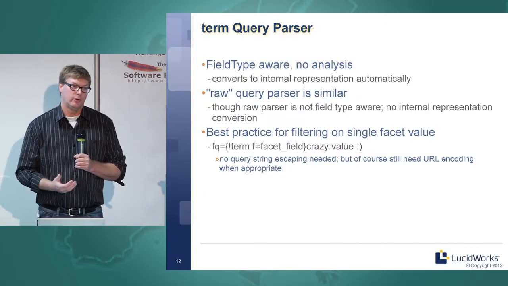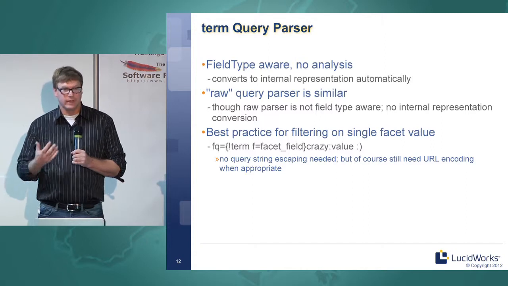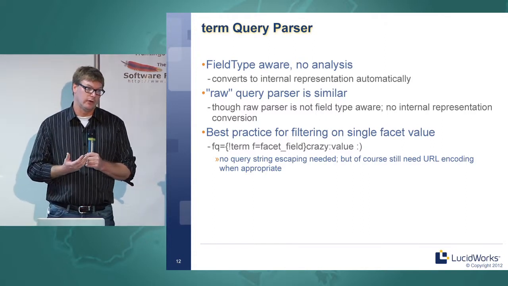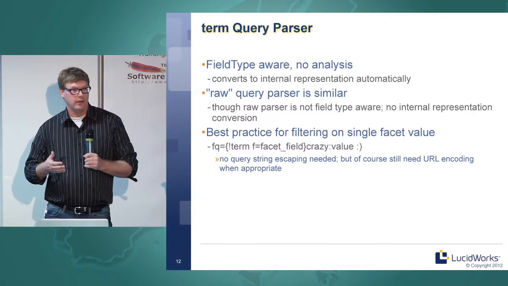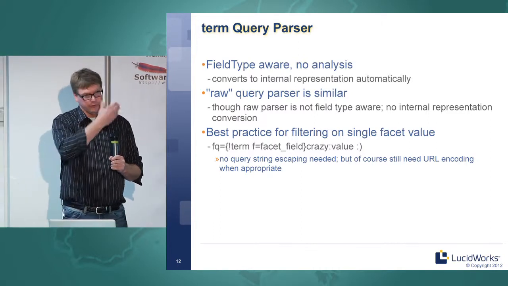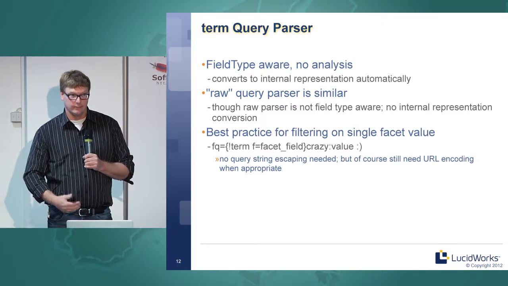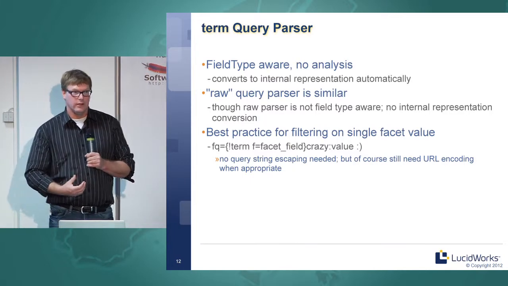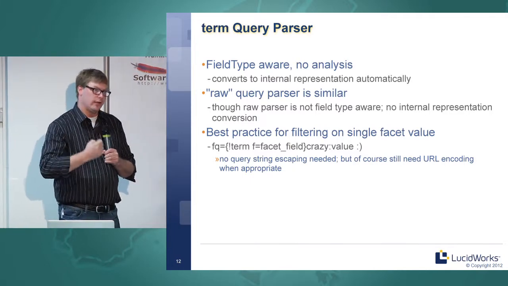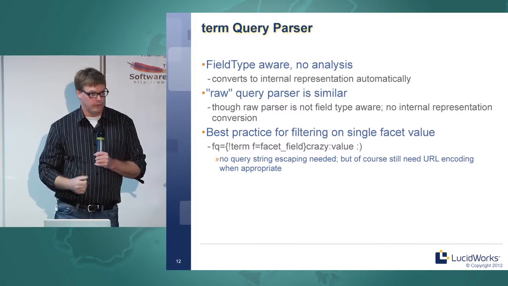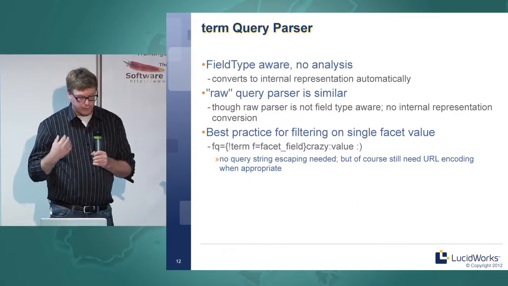Okay, so let's go from the most complicated parser in Solr down to perhaps, well, not quite the simplest. Well, the raw parser that's mentioned here, is the term query parser. The term query parser simply creates a Lucene term query. The Lucene term query is the most atomic query available in all of Lucene. We saw in that previous presentation what the inverted index structure looks like. You simply want to say this word, now match all the documents that have that word in it. The term query parser